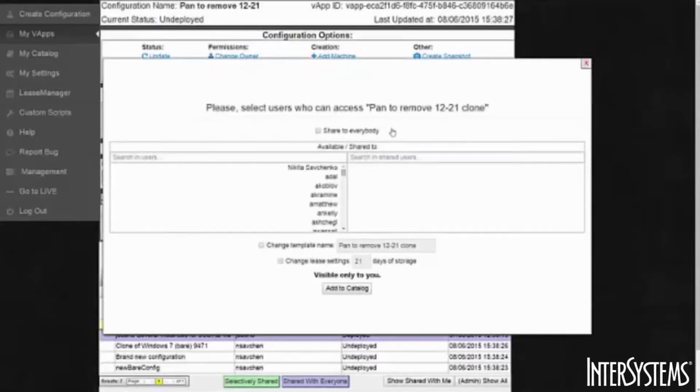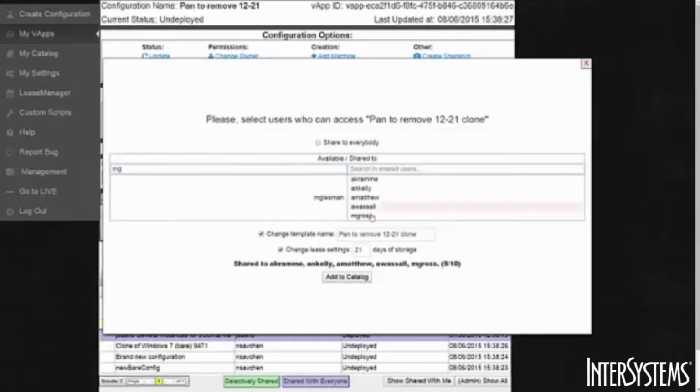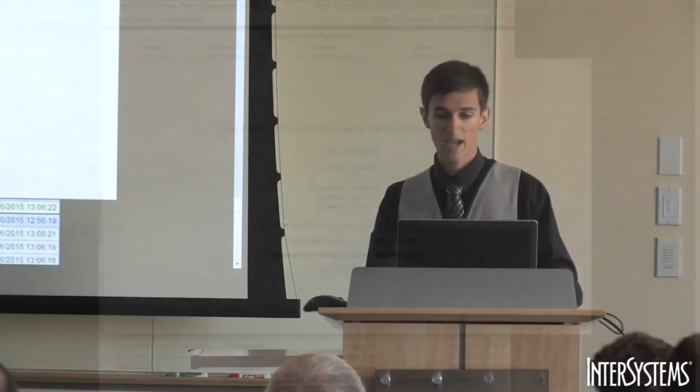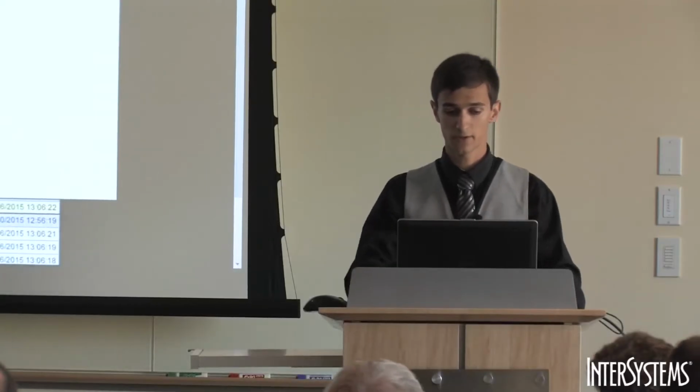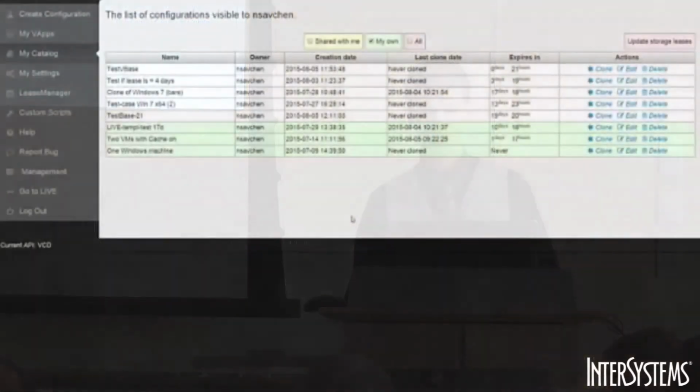Here you can specify the name of this template, change the lease settings for this template, and select the users to whom you want to share this item. And also I can search for users here and add, for example, Matt here, and share this template to everybody. And after you click Add to Catalog, the system brings you to the catalog page